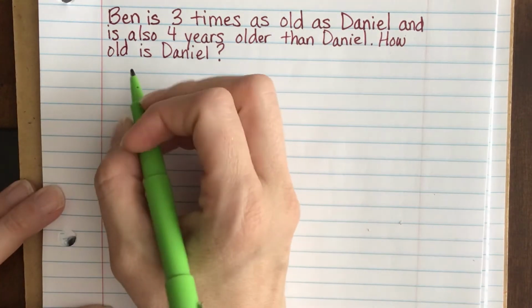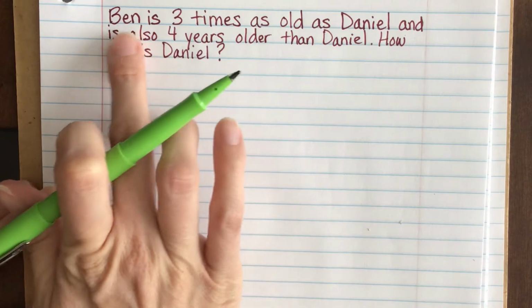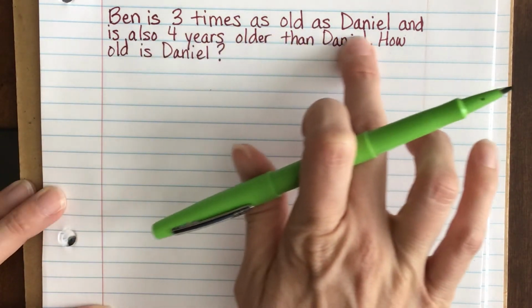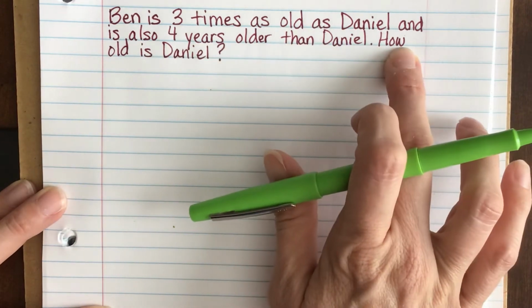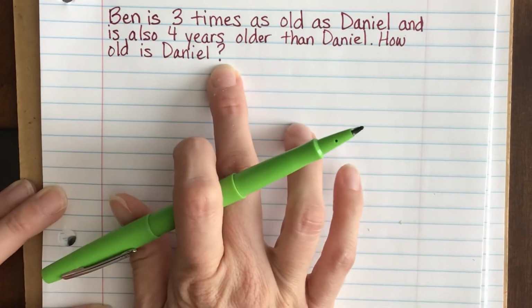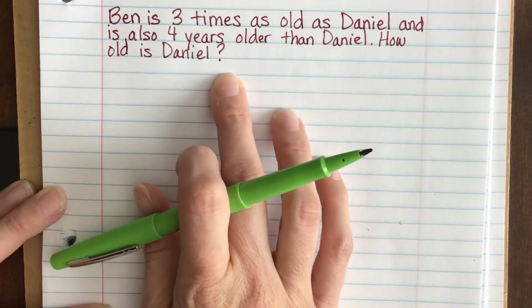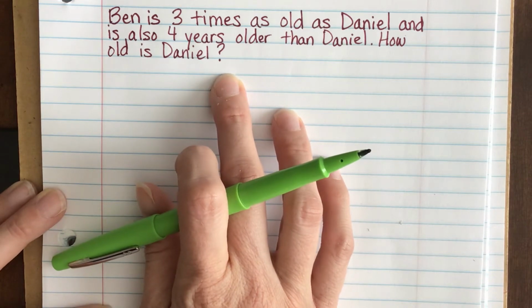Before we get started, let's read the problem first. Ben is 3 times as old as Daniel and is also 4 years older than Daniel. How old is Daniel? We're going to be solving this using a system of linear equations, but first we need